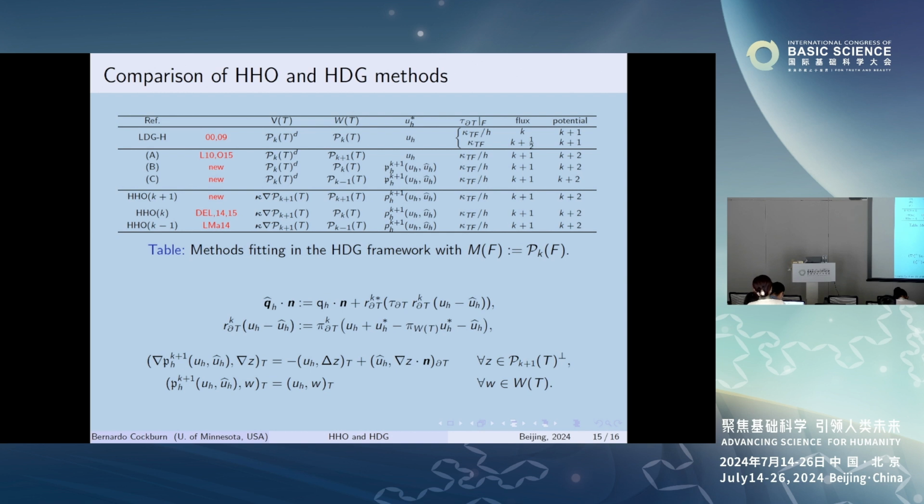Yes. Okay, so the last question. What could you tell us about the advantages and disadvantages of the HHO method compared to the HDG method? Yes. Yeah, you can see that